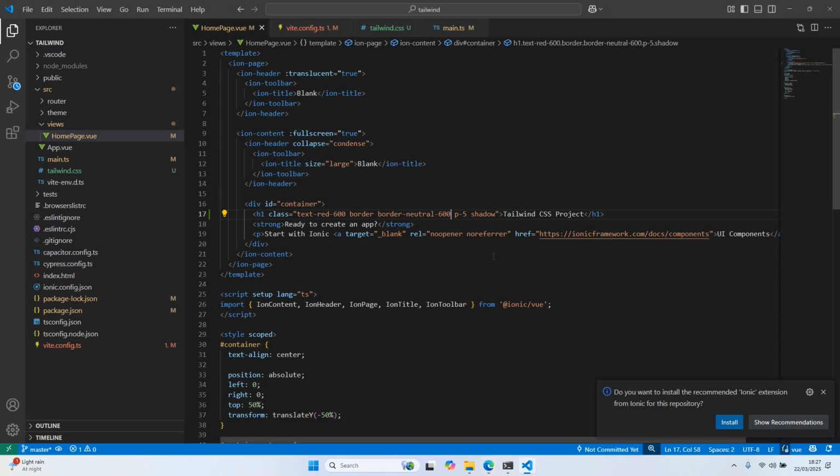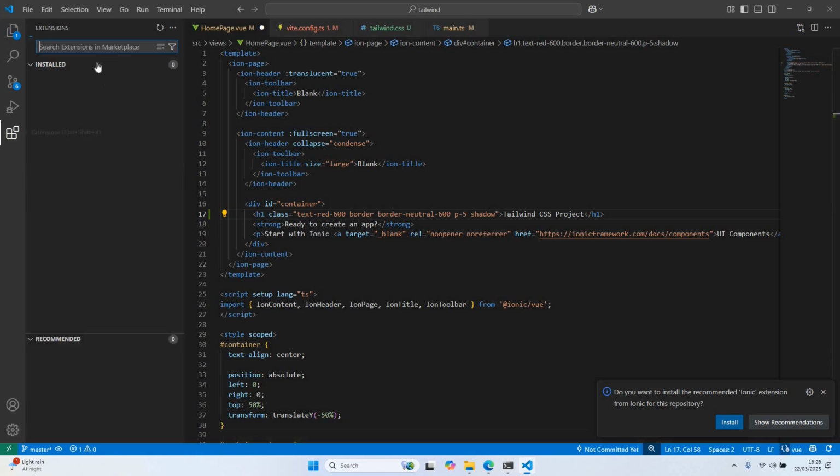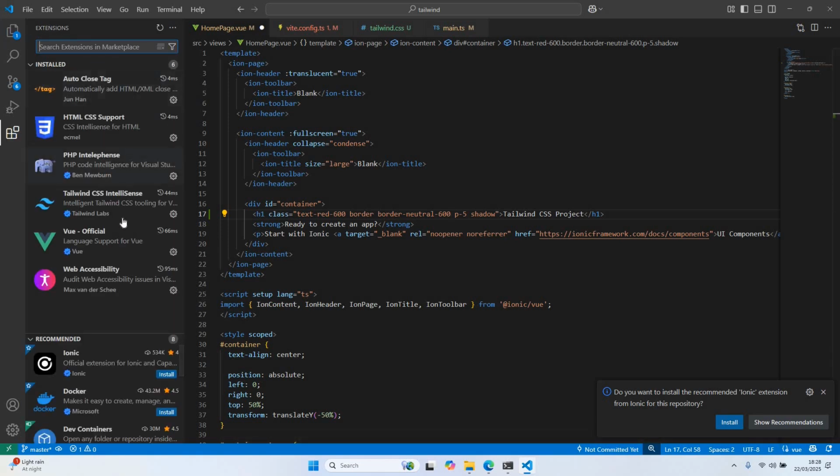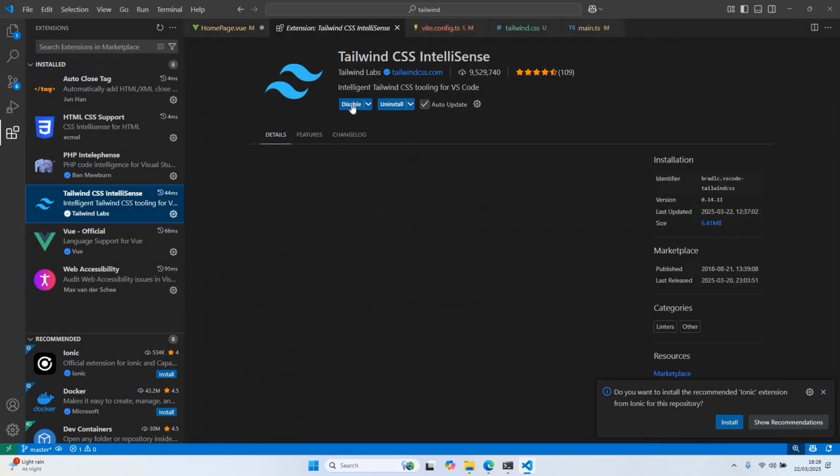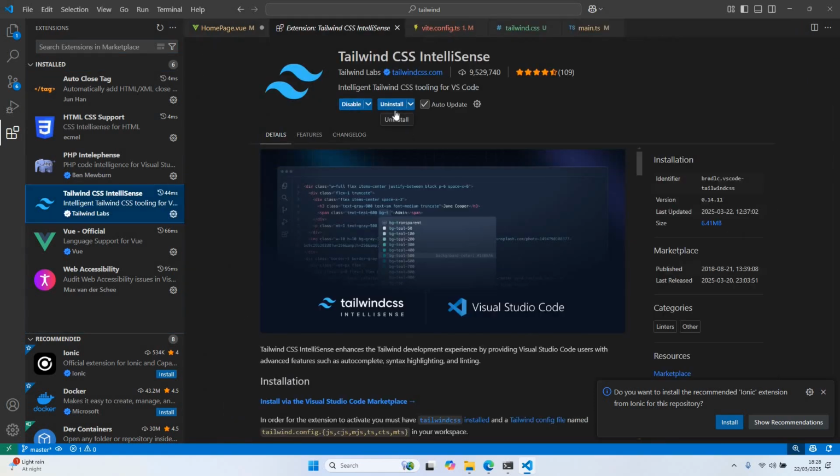Yeah, Tailwind CSS is working absolutely fine, but what you will see is my Tailwind IntelliSense is not working. So it's going to be very difficult to remember all the class names. What I want is that when I'm typing, it should give me the options, all the IntelliSense, and the IntelliSense extension is already installed. As you can see, this extension is already installed. So even then it is not working. So how to make IntelliSense work with Ionic and Tailwind,